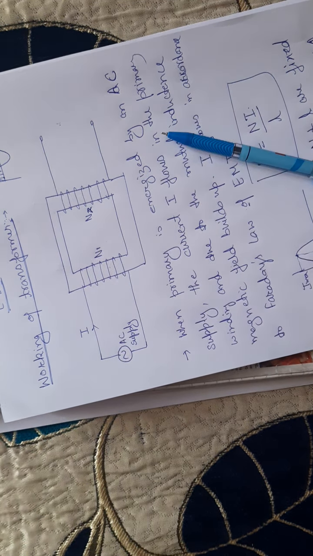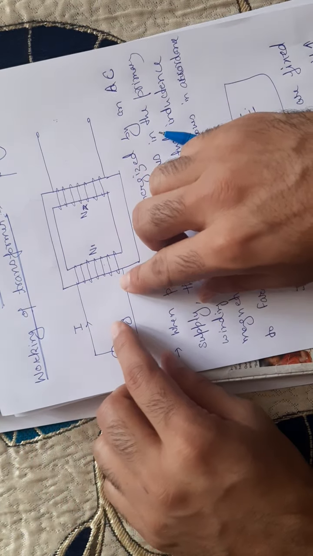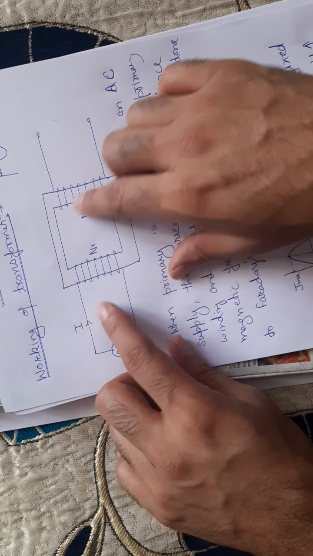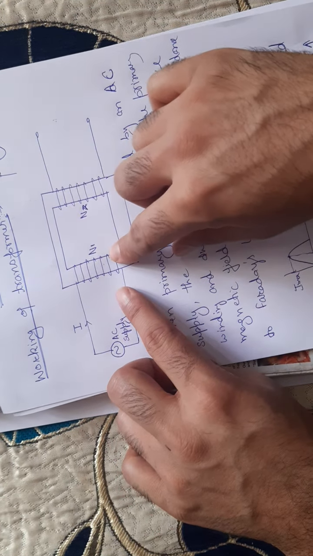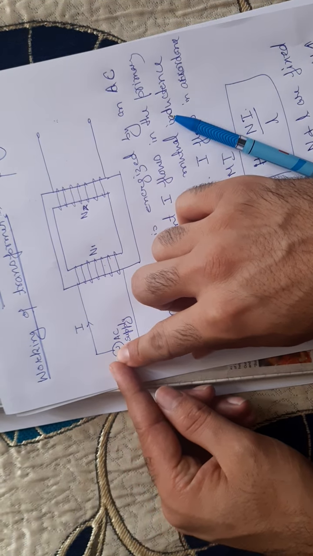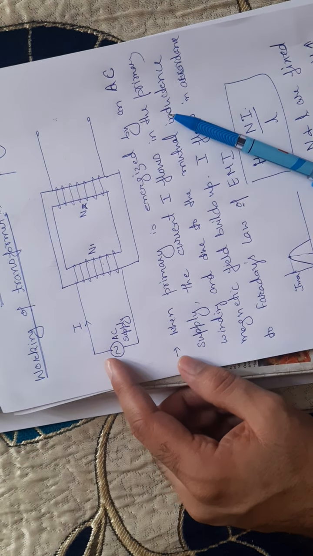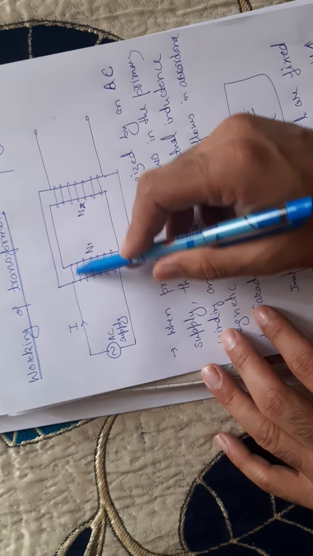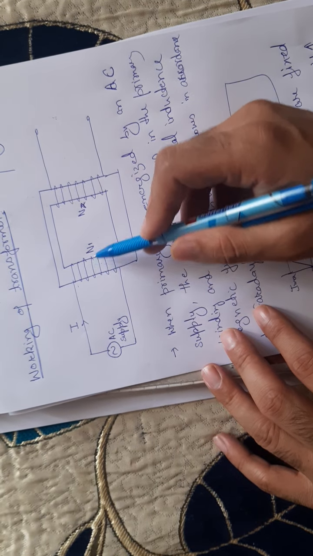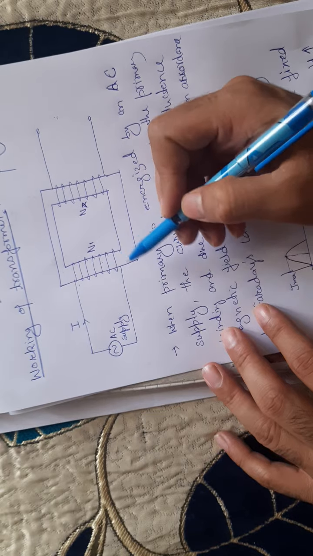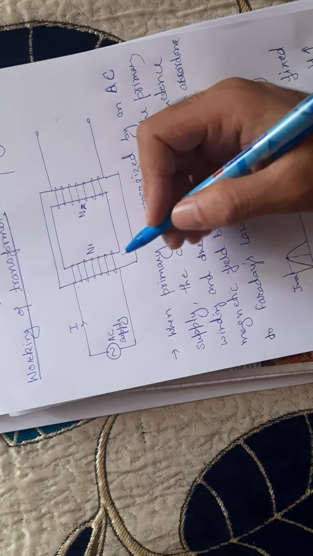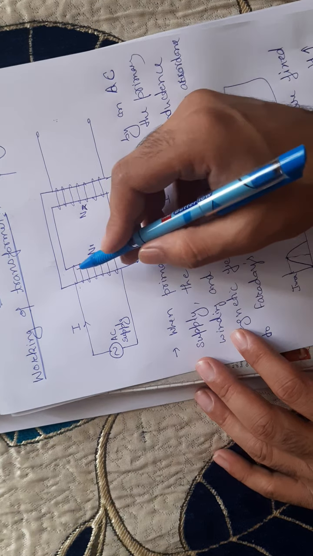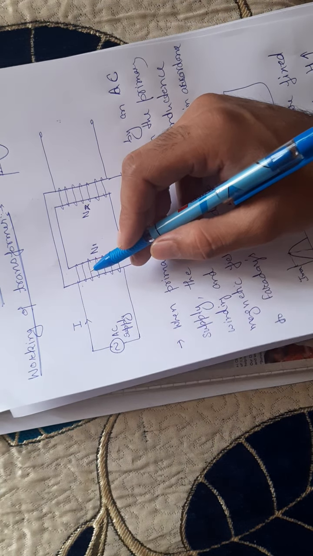As we cannot move the winding or the core to generate the changing flux in a transformer, because the core and winding are fixed, we use an AC supply here for generating the changing flux. Got it? So this primary coil that is wound around this metallic material will form an electromagnet.